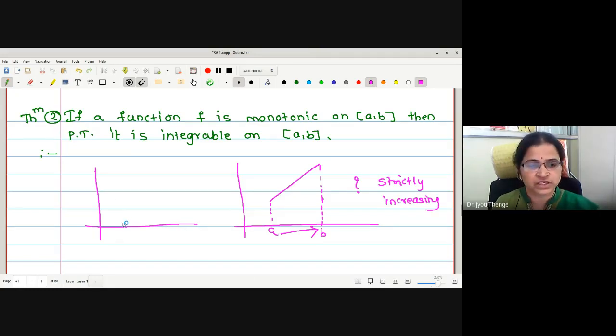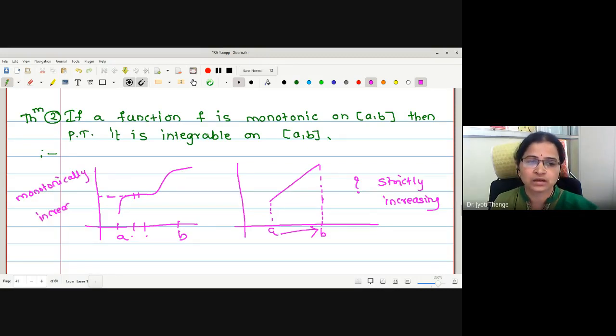And suppose I have a function of this type, suppose this is a to b, and somewhere here it is constant and then again increasing. Now look at this sketch. The two function values are the same. Many other points are there for which the function values are the same. Therefore, for two different values of the interval, the corresponding function values are same. That is, the function is constant for these. Sometimes increasing, sometimes constant, and then increasing again. This type is called monotonically increasing.